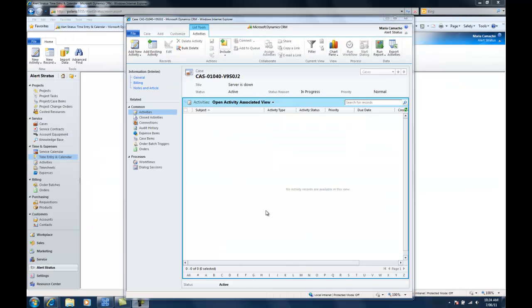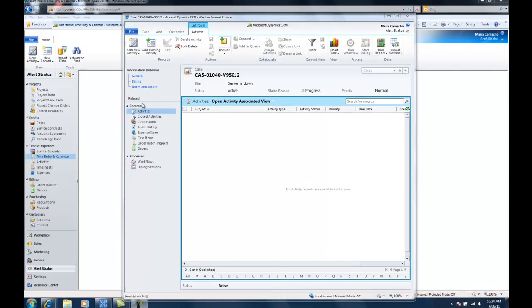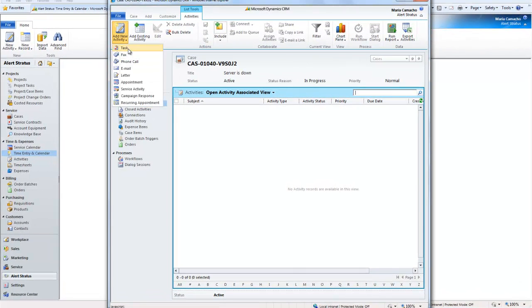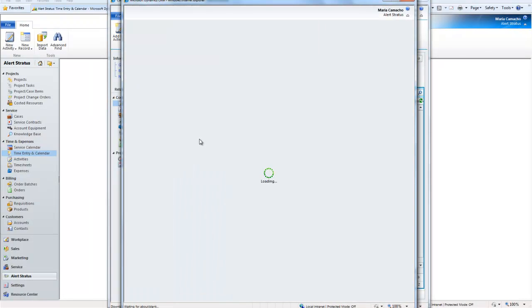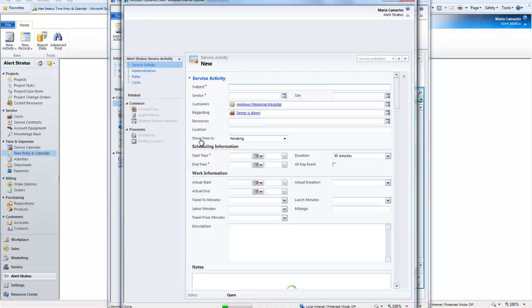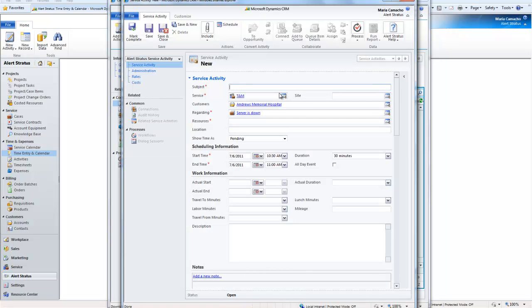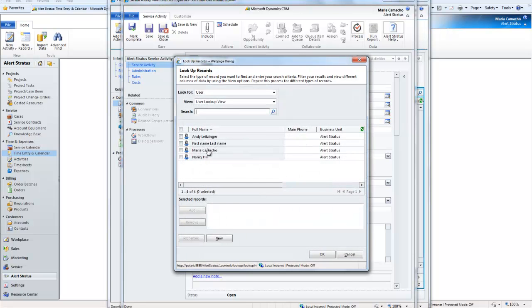To now manage this case in CRM, we can add activities for work performed against the case. We'll do so by adding any one of the activities that we are familiar with seeing in the standard CRM. When it comes to the appointments or service activities, those entities are now extended to collect time and manage billable engagements within the case entity. So, by doing so, I simply attach my service activity,